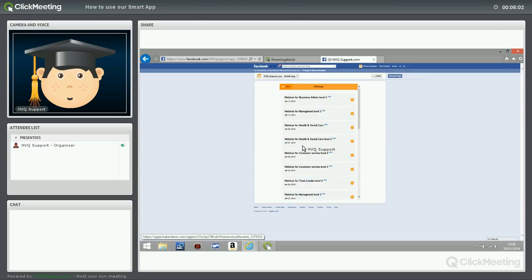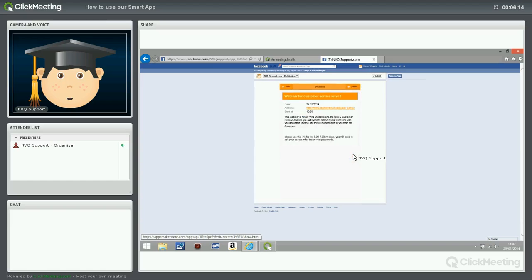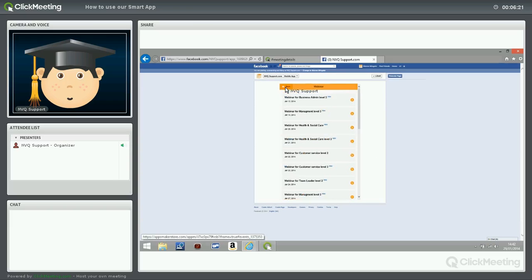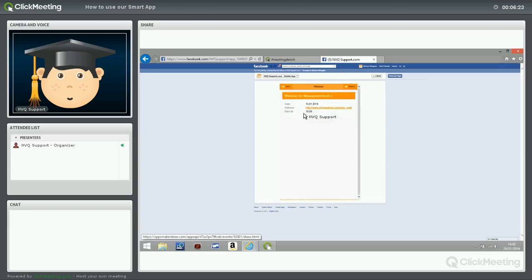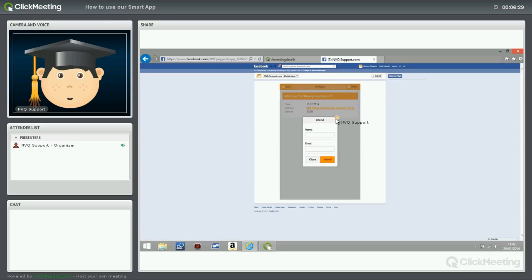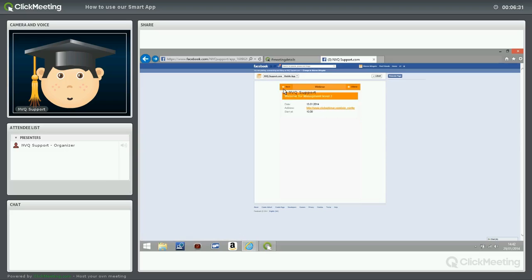Here about the webinars. So same thing as online. If you haven't got access to your online but you want to book a course because you're thinking, oh no, I'm going to miss it, you can obviously click on the web app and click on there and book your course. And there it's got the link to go straight to the page, so that's obviously really useful. And again, you can just attend there, so you just click that, pop in your name, your email, and